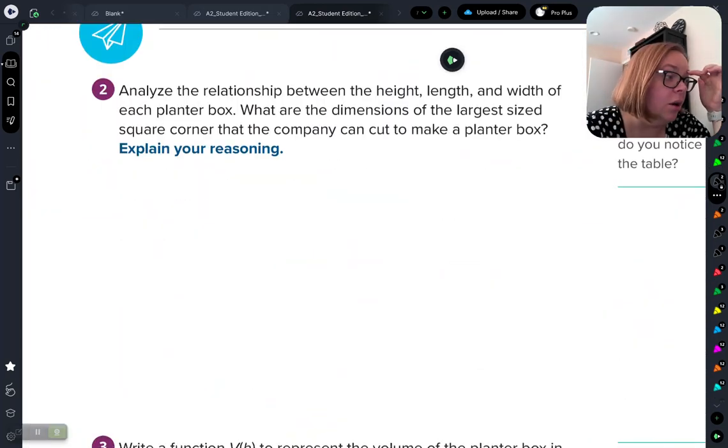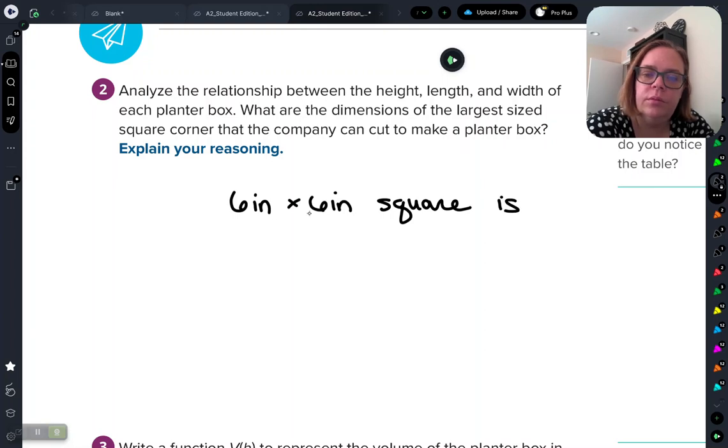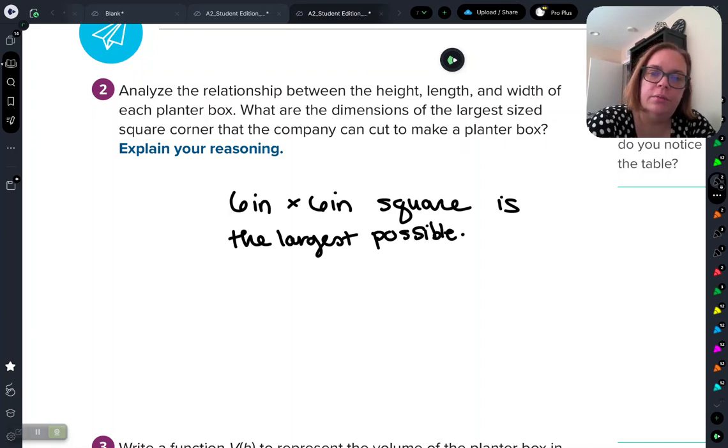Basically, we can go with that, but it's not going to give us anything. So we could say a 6 inch by 6 inch square is the largest. I mean, it wouldn't give us anything useful, but